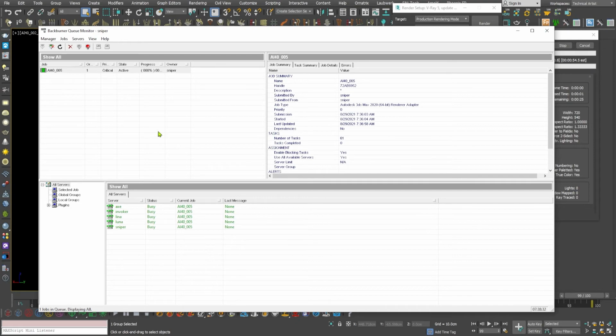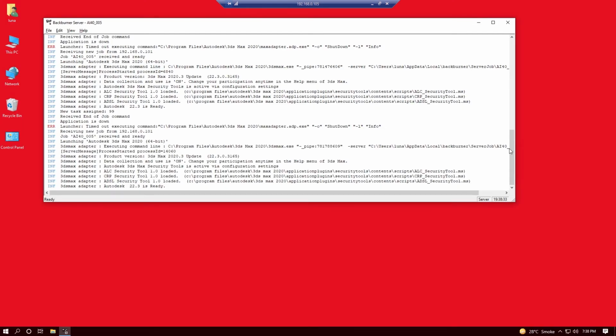So my computers are starting to sound like they have started rendering, and I am going to check them.